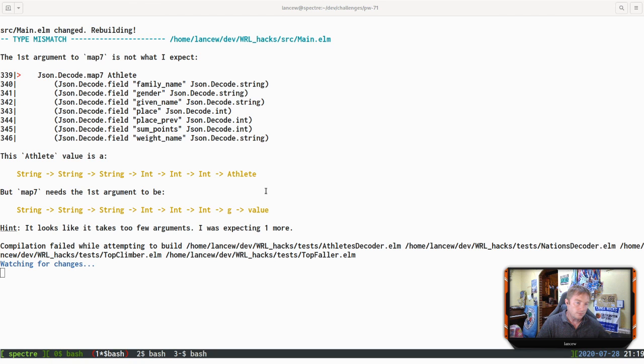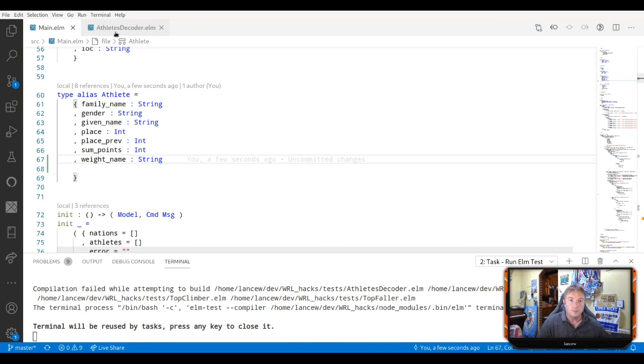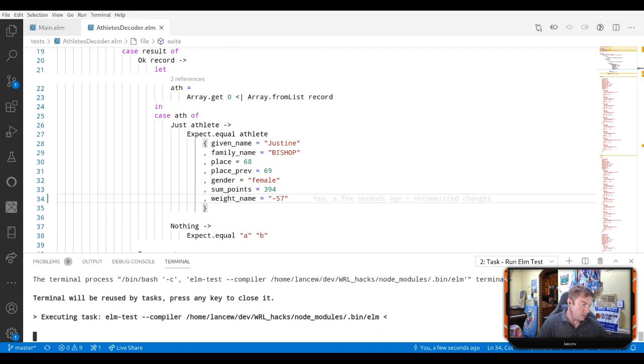Okay, so if we come back to our test, come back here. So it should expect this to equal, this should be a string this time. If I jump back to the tests,